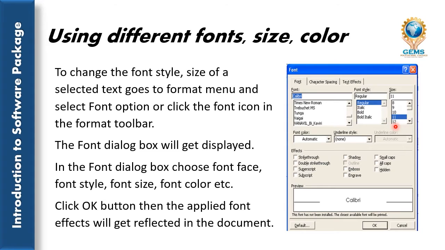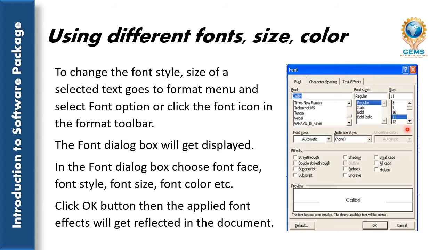From that dialog box you can choose the size of the font as per your desire. After selecting the font size, you can click OK, and then the applied font size will get reflected